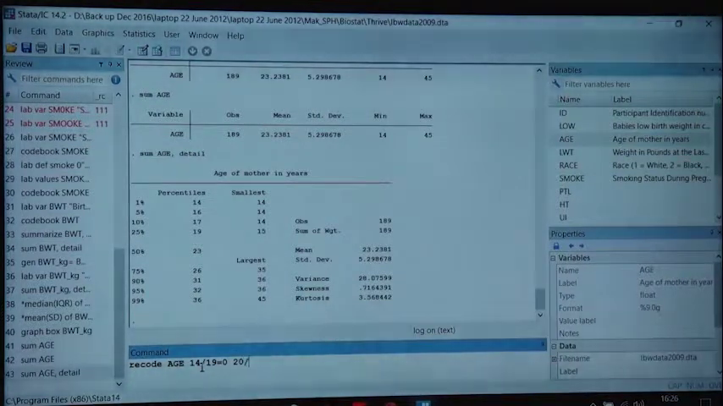20 through 29, code them 1. 30 through 39, code them 2. And 40 through 45, code them 3. And in the comma we say generate, after making those changes, generate a new